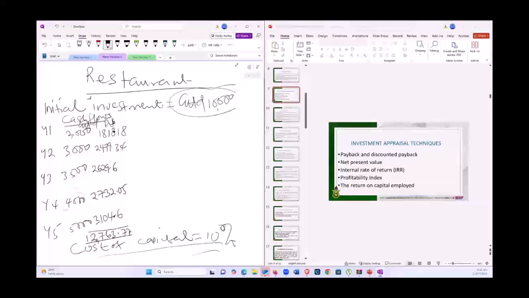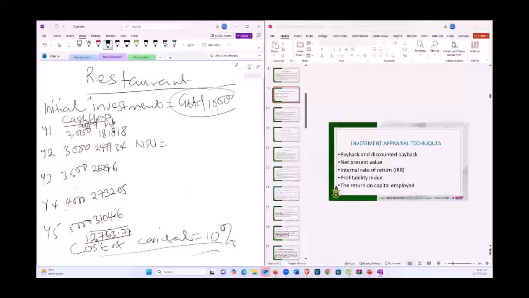All right. So, Ellen has given us 12,763.77. Any confirmation? Yes, 12,763.77. Okay. So that's our total present value. So if you want to get our net present value,